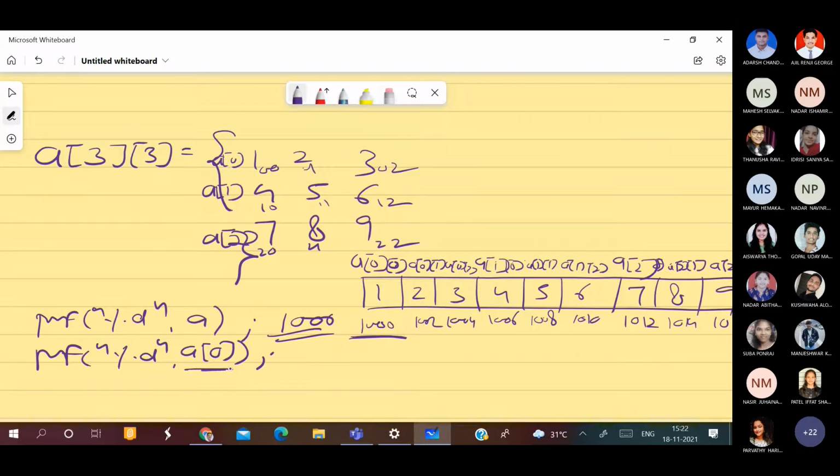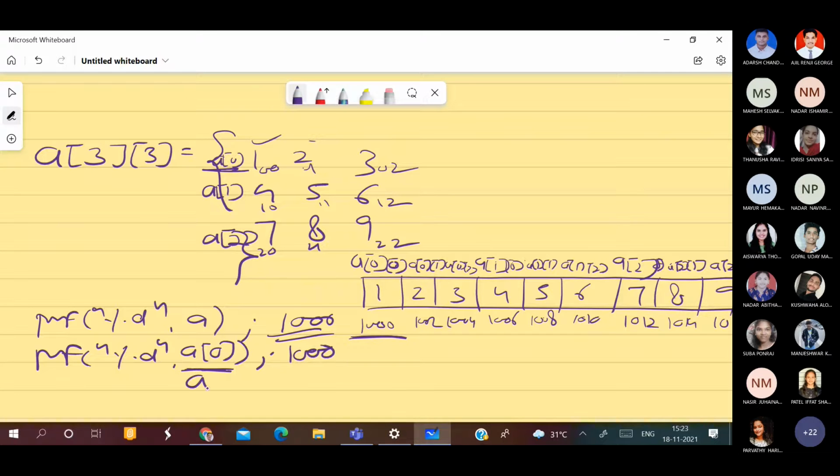So if somebody says print A0, which row are you talking about? First row, 1, 2, 3 wala row. So what output will it print if I say A0? Student, if I say print A0, what is your answer? 1000. 1000 only. Because again, it cannot do any differentiation. A0 means, because there are 3 elements, it cannot say it is going to print 1, 2, 3. It will print 1000 only.